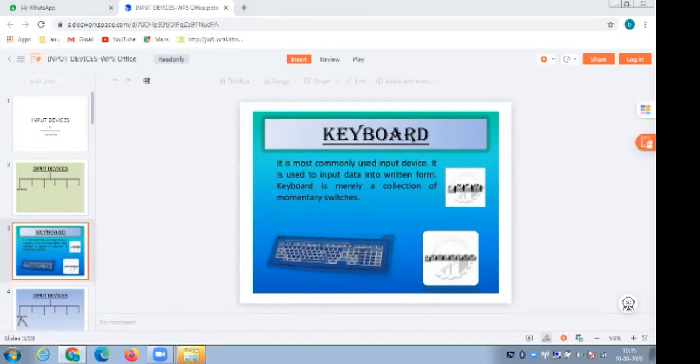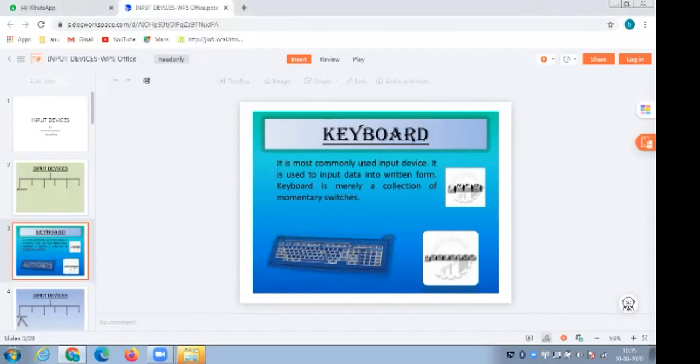This is the keyboard which we are using now. Keyboard is one of the main input devices. Actually, the keyboard is connected to the computer by means of registers. In the last topic, I discussed the 3 types of registers which we have. It is connected to the registers whose contents can be read by the computer.